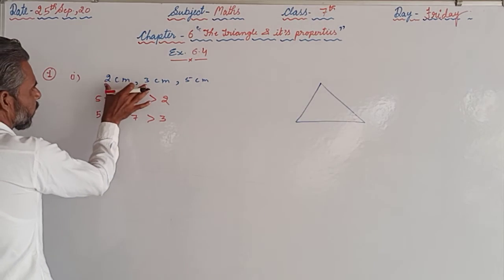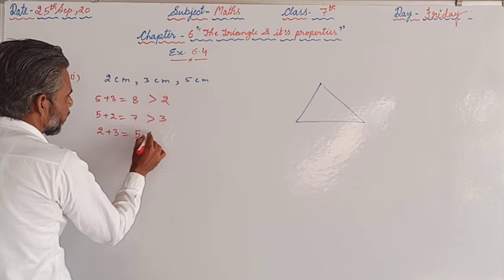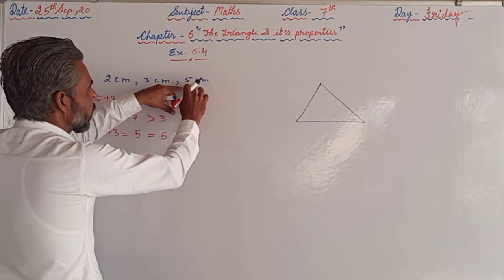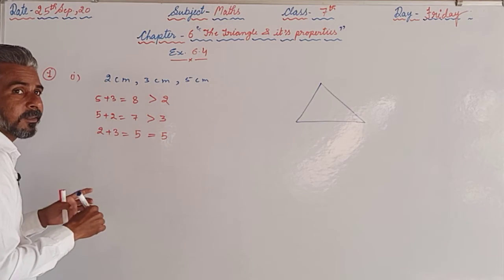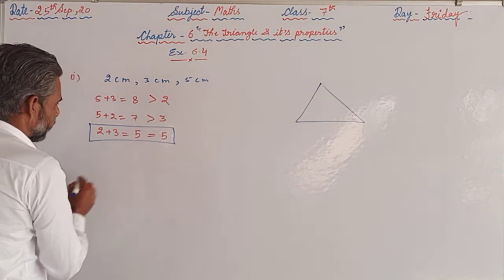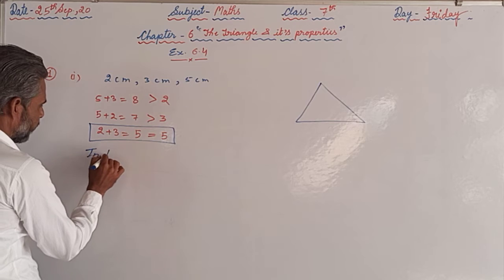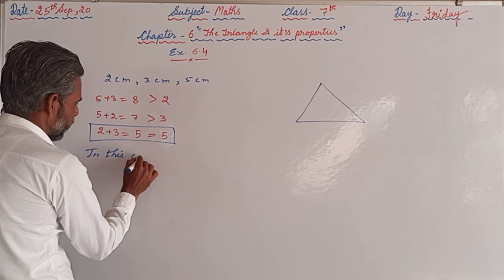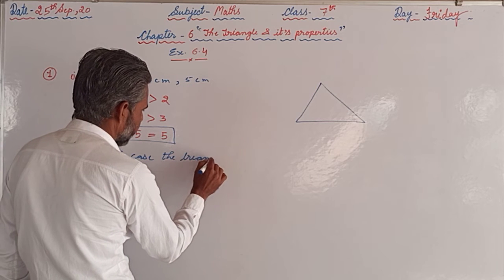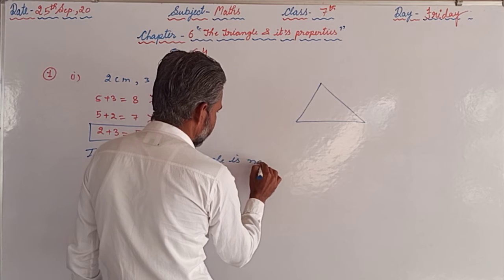Then now we can add these two sides, 2 plus 3 is equals to 5, that is equals to 5. It should be greater than the third one. Here it is not greater. So we can say the triangle in this case is not possible,